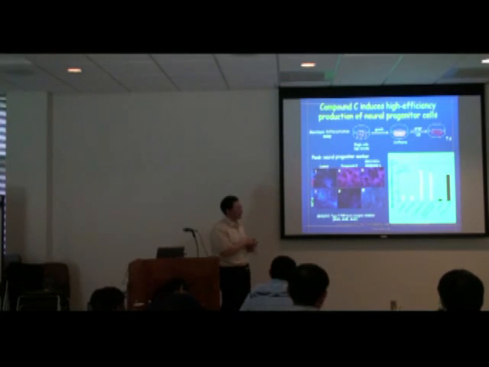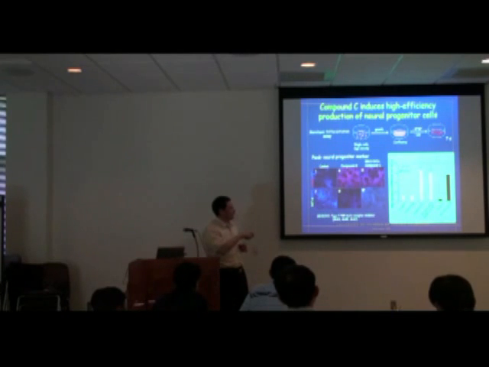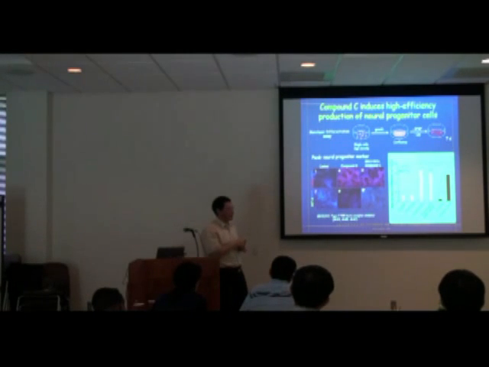So the bottom line here is that by using this compound, we can achieve almost homogeneous neuroprogenitor cell formation by using human ES cells. This is the FACS flow cytometry analysis showing that the percentages can reach as high as 90%. Right? So it's very dramatic. I think it's the first compound that has been reported that can basically induce neural differentiation.